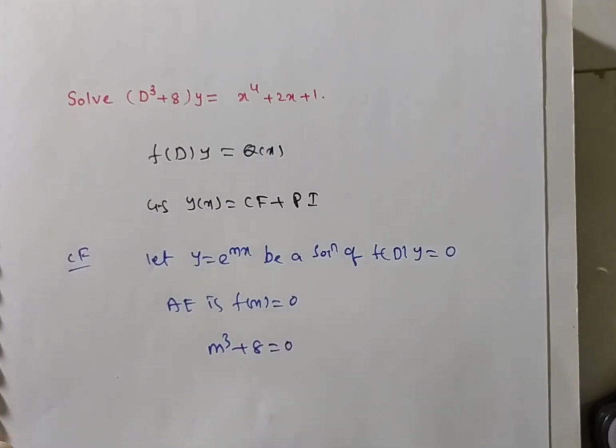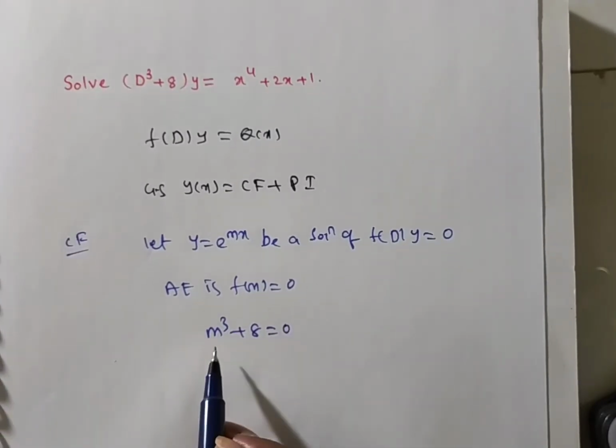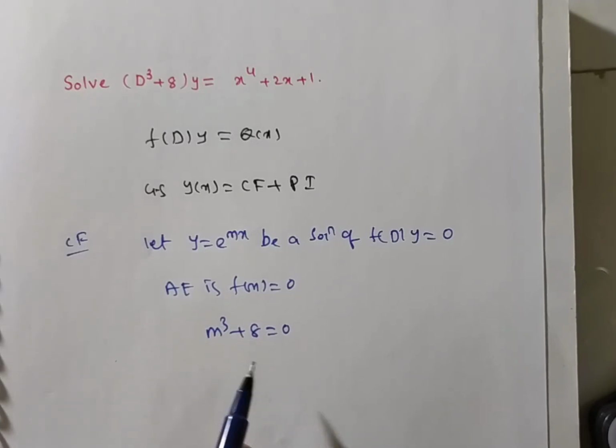So here you observe, friends, it is a polynomial of degree 3. So how many roots will you get? 3 roots you will have. By observation you can say minus 2 is a root. But friends, this problem you can also solve by using the calculator. Okay, now I am explaining through the calculator.